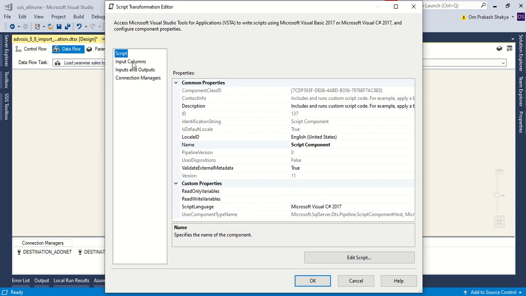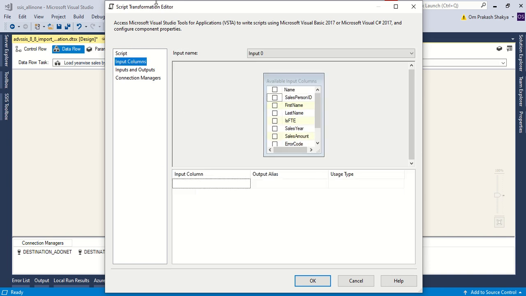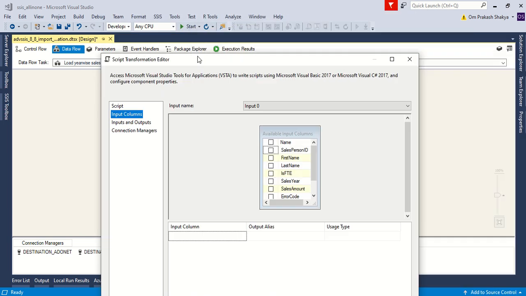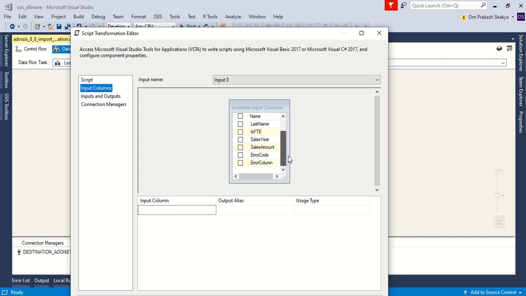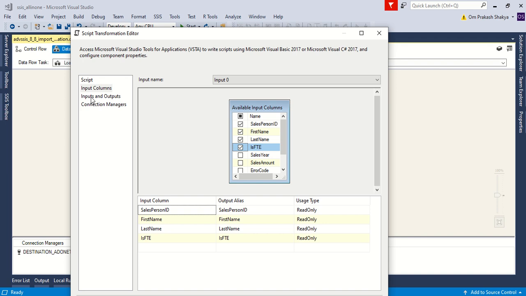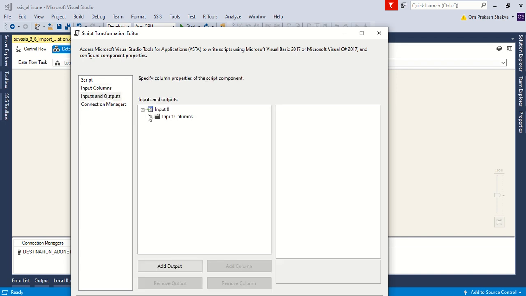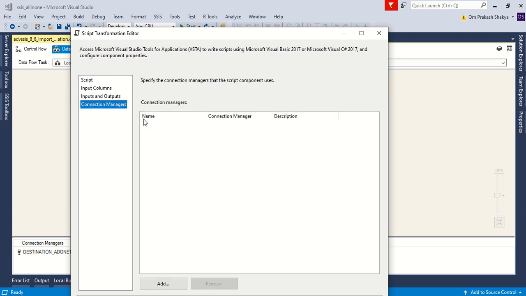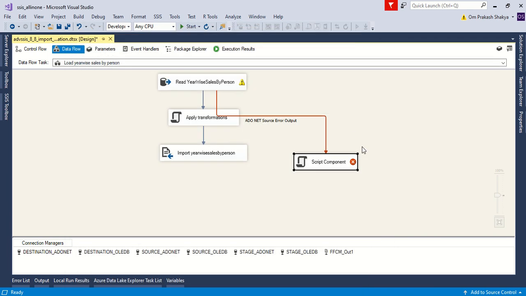In input columns, because it is the destination, it will have some input to this component, and we can choose which columns we want. In inputs and outputs we have the inputs now, we can add the output, and we can use the connection managers there. So this is how we can configure this script component to use as a destination.